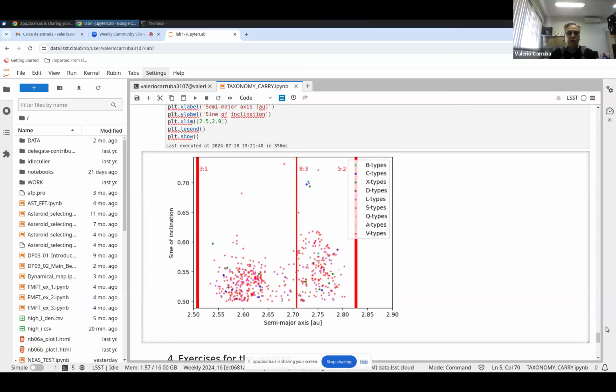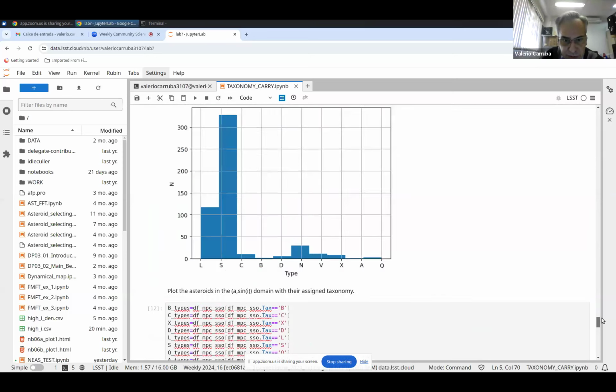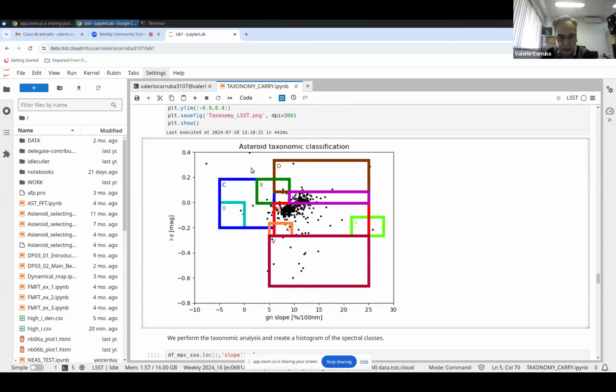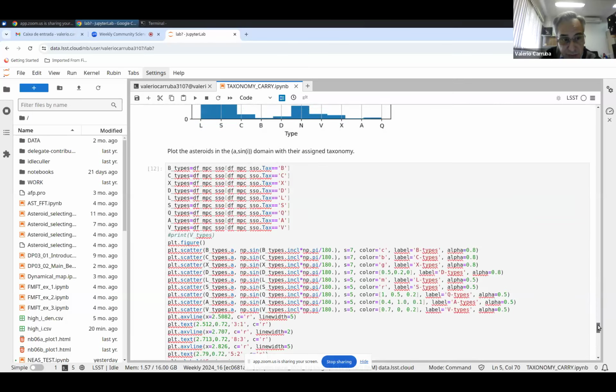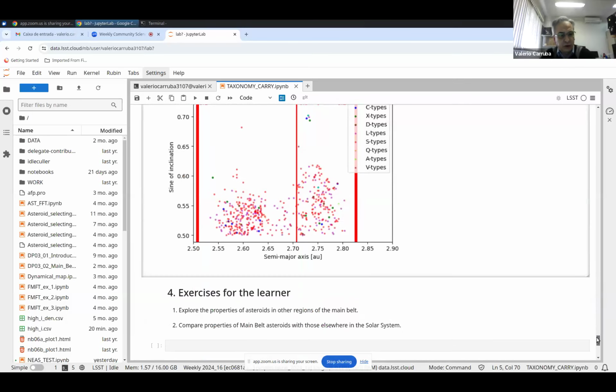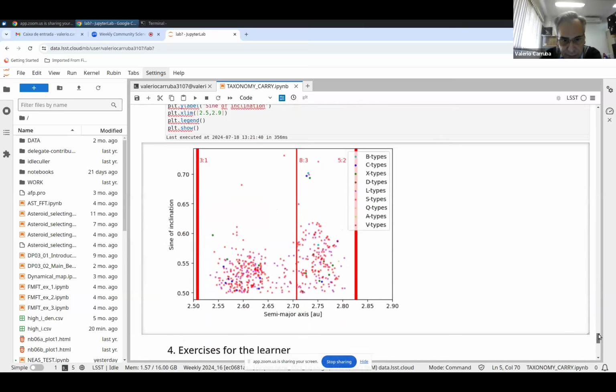Well, there are two things. There should be more C-type objects, especially in the inner part of the central main belt. The fact that we don't find them could be an artifact of the query that we are doing. This is something you can also see here. I was expecting to see more objects in the C complex. One thing that we don't have, and I think there is going to be a notebook on how to import data tables in DP0.3,